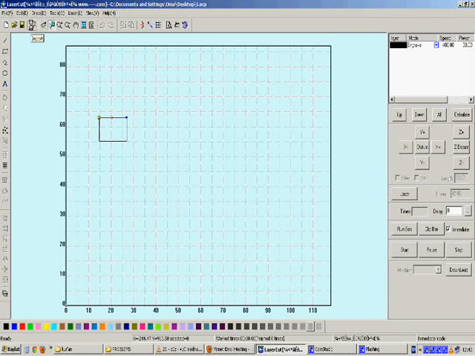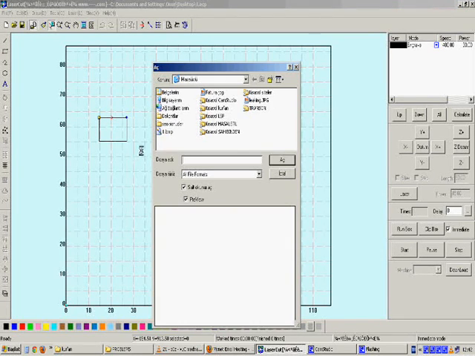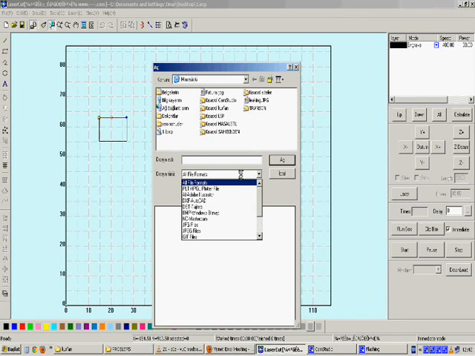There are two more tools. One of them is import. Import can be done using this icon in here. If you click on the import, it will ask you to find the location of the file that you will import,